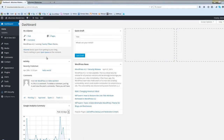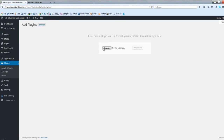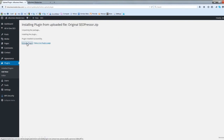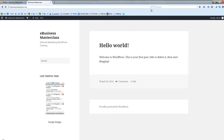So this time from your dashboard, when you go Plugins, Add New, you're going to be choosing Upload Plugin. Browse, find it on your hard drive, open it, click on Install Now, and activate it. Now when we go back to our website and refresh,